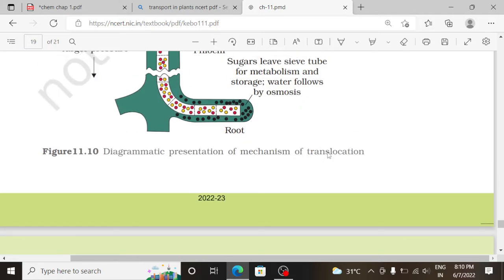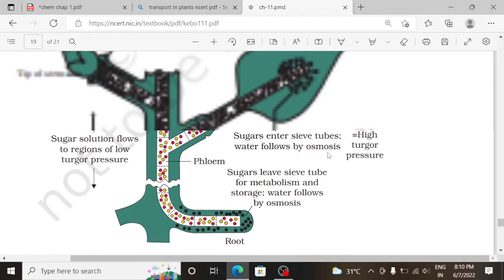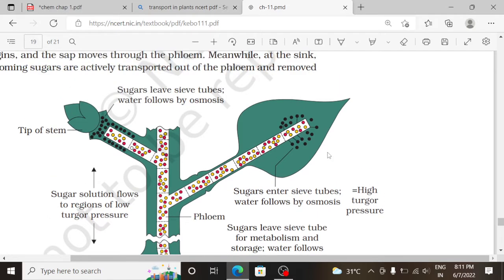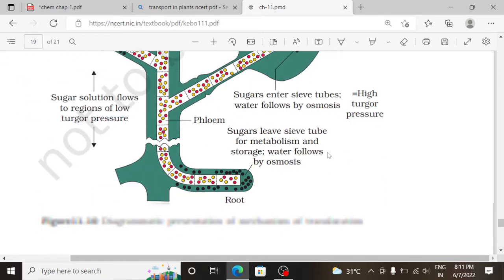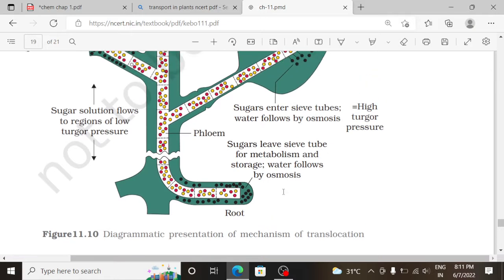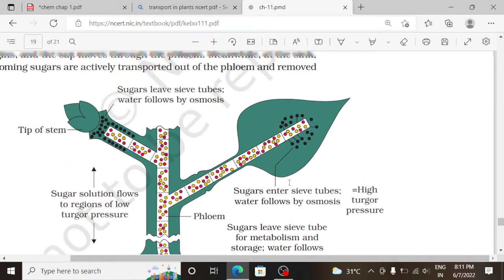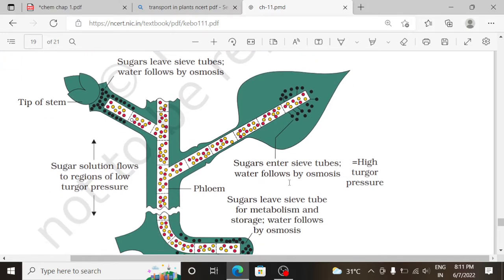Next diagram is about the presentation of the mechanism of translocation. So they have shown the translocation. Sugars leave the sieve tube for metabolism and storage. Water follows by osmosis. See, translocation means